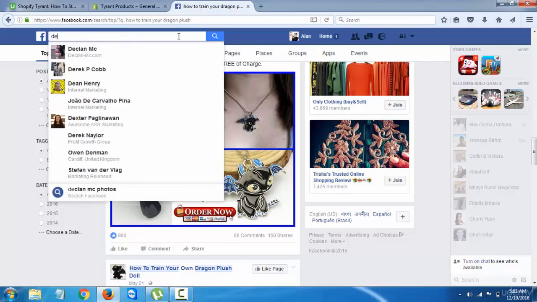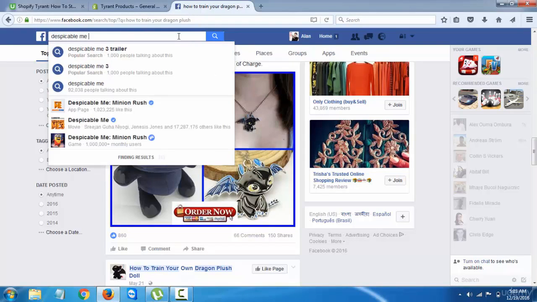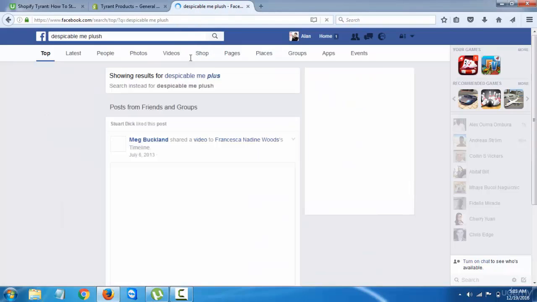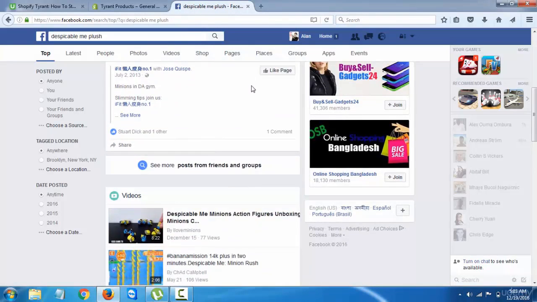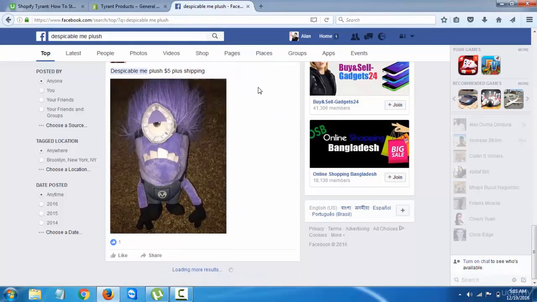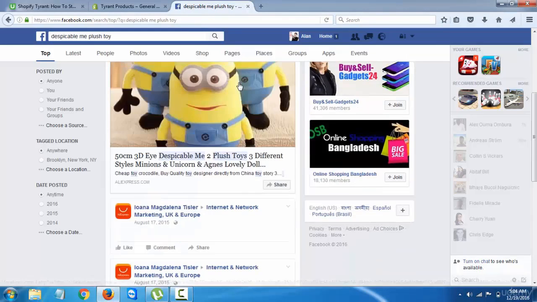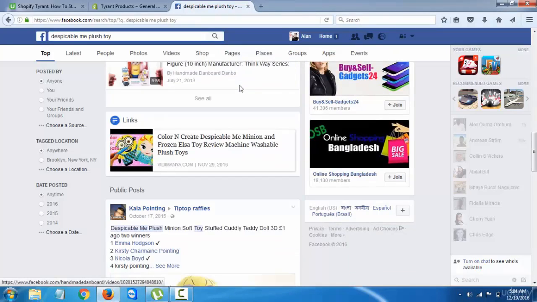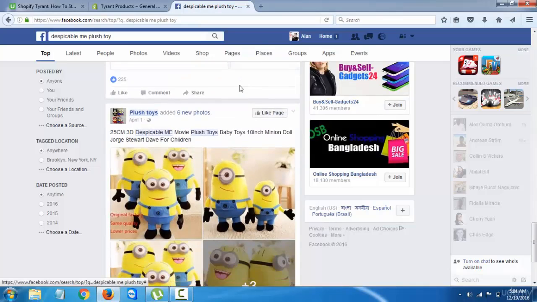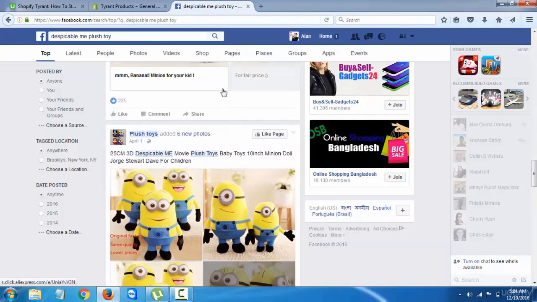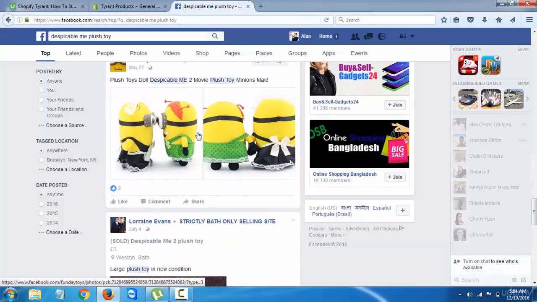Another one I'd like to show you is Despicable Me plush. Let's see what we can find. Just give it a second. All right, let me search this again. All right, looks like nobody's actually using it, but